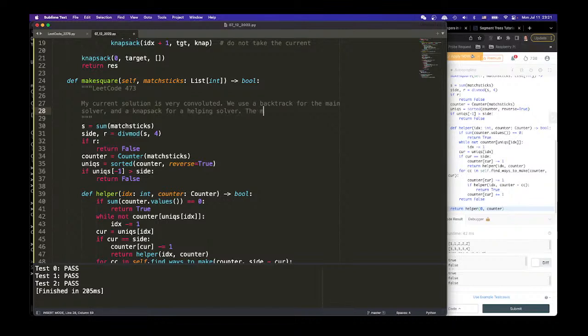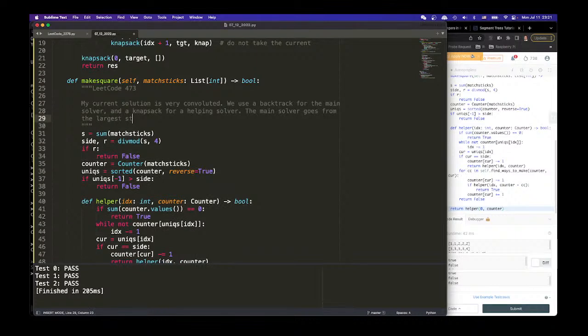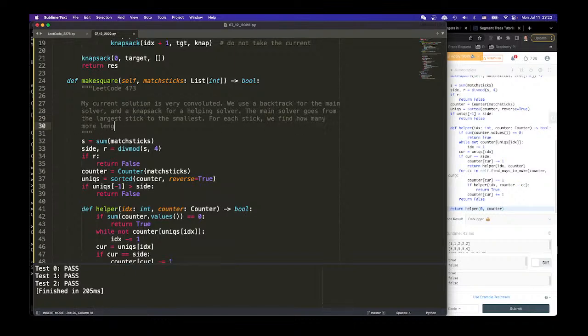The main solver goes from the largest stick to the smallest, and for each stick we find how many more lengths are needed to make a side. Then we